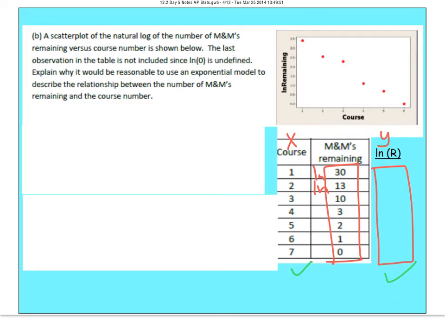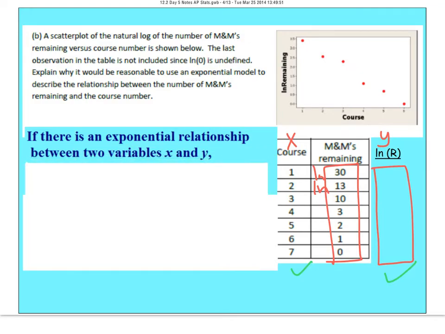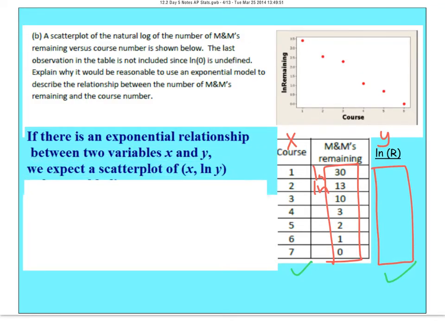Be careful, the last observation is not included since the natural log of y is undefined. Explain why it would be reasonable to use an exponential model to describe the relationship between M&Ms in this course. Well, first of all, if there is an exponential relationship between two variables x and y, we expect the